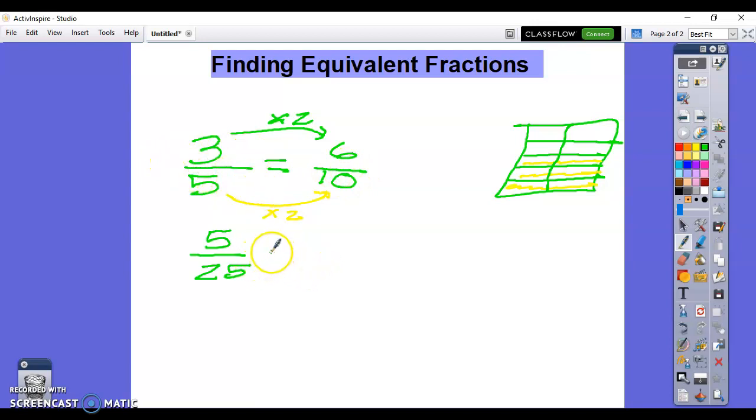Okay, it works the other way also. So I have 5/25. I know that they have a common factor of 5, so I'm going to divide both of them by 5. So 25 divided by 5 equals 5, and then 5 divided by 5 equals